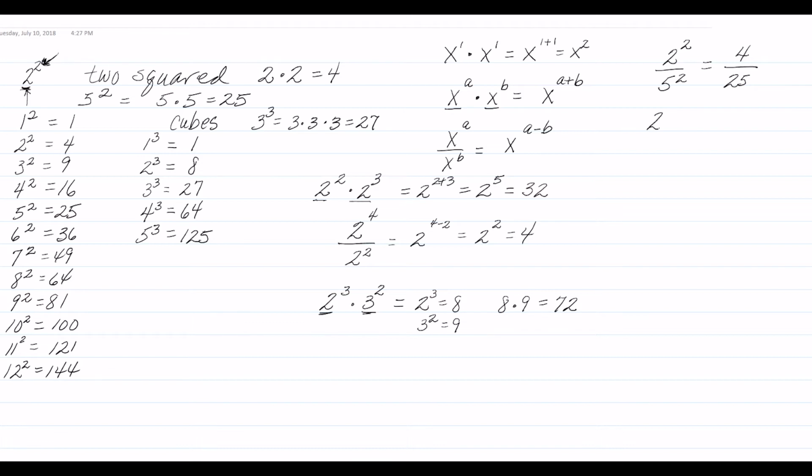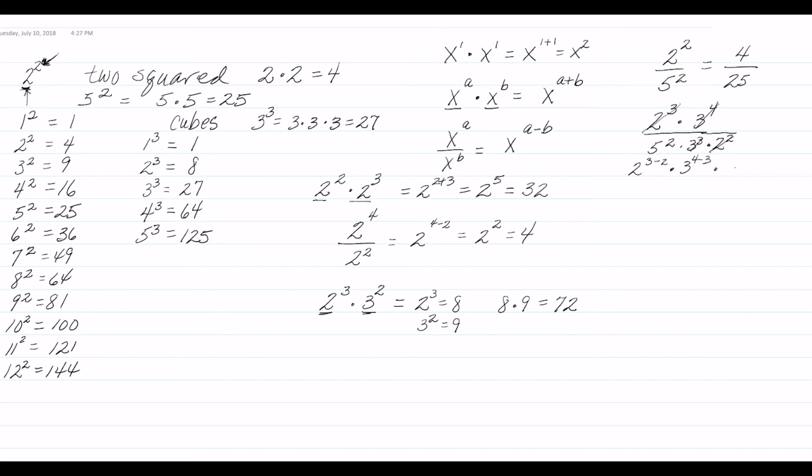Suppose we had 2 to the 3rd times 3 to the 4th, and that was divided by 5 squared times 3 to the 3rd times 2 squared. Well, we can rewrite this as 2 to the 3 minus 2. You notice we're taking care of this and this. And that's going to be times 3 to the 4th minus the 3 that's on the bottom, so that's 3 to the 4 minus 3,